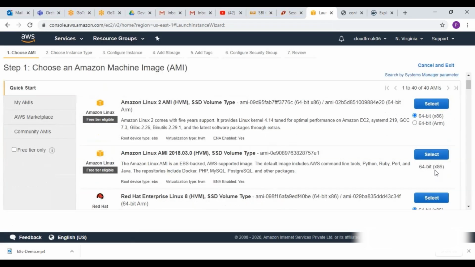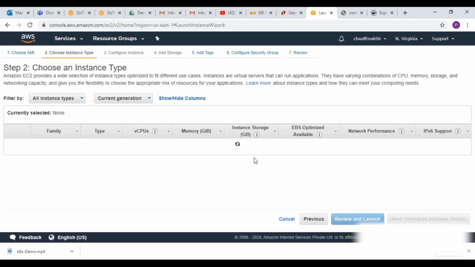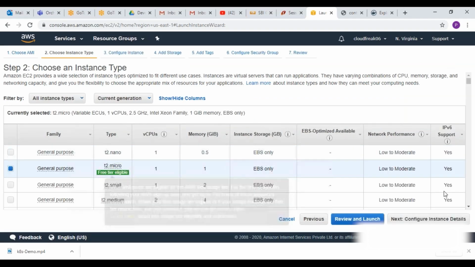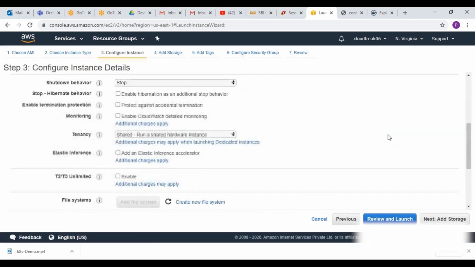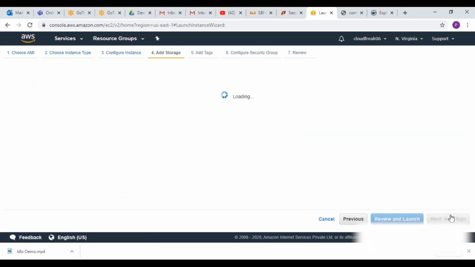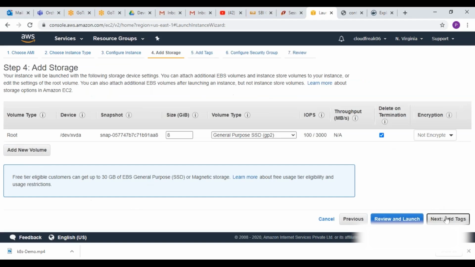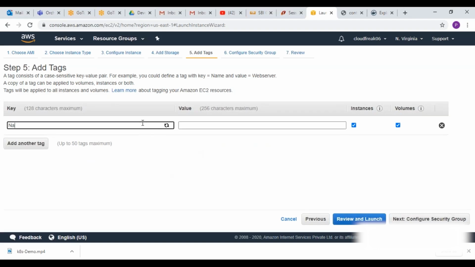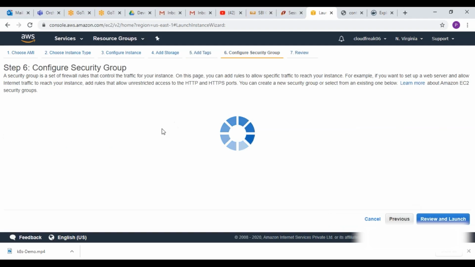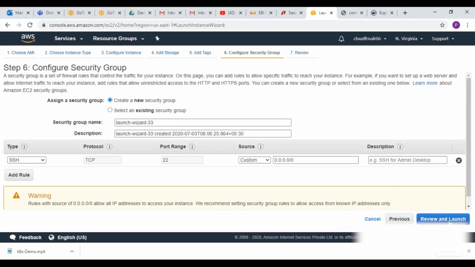Here you can select any image. I'm going to select the second image, this one, and t2.micro is free tier, so we can use it. Don't change anything in the third option. Just select add storage, and don't change anything here either. If you want to give a tag name to your machine, you can. I will name it Docker server. And for the security group, also don't change anything,